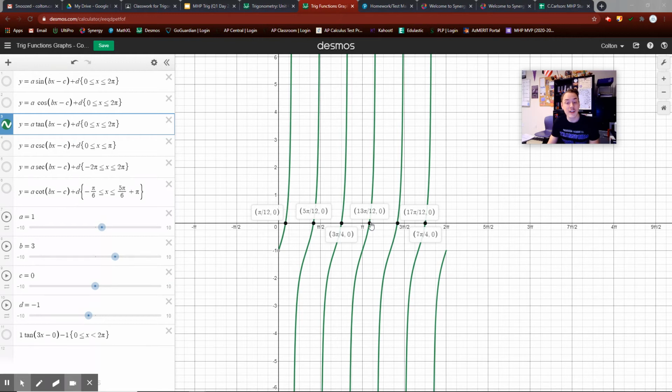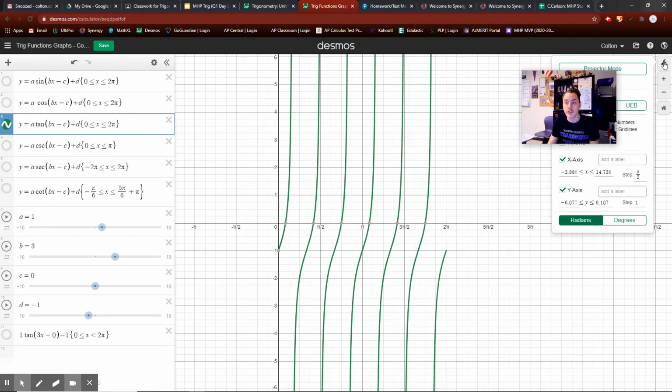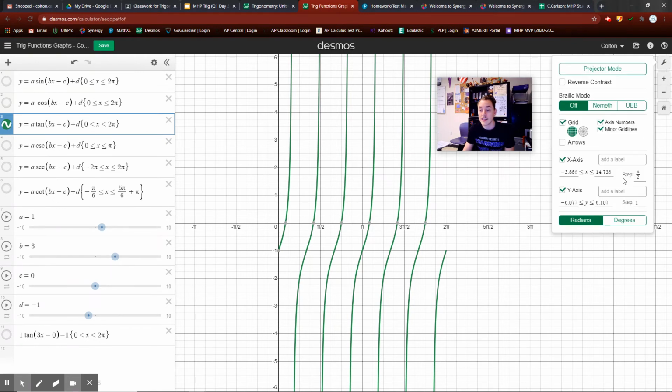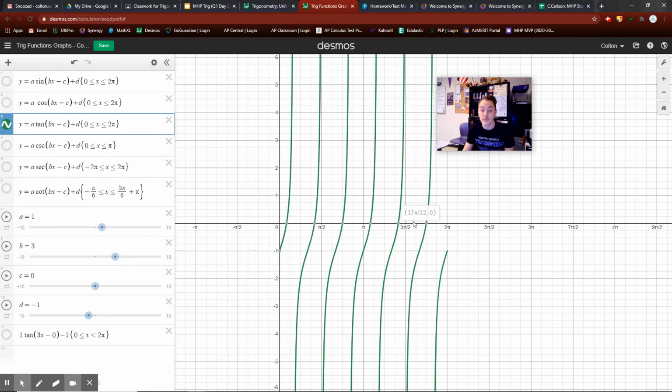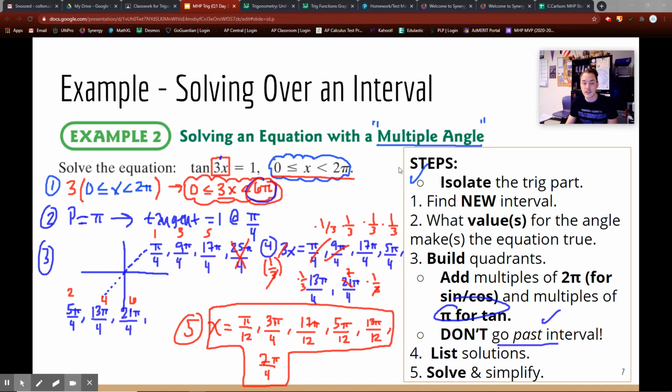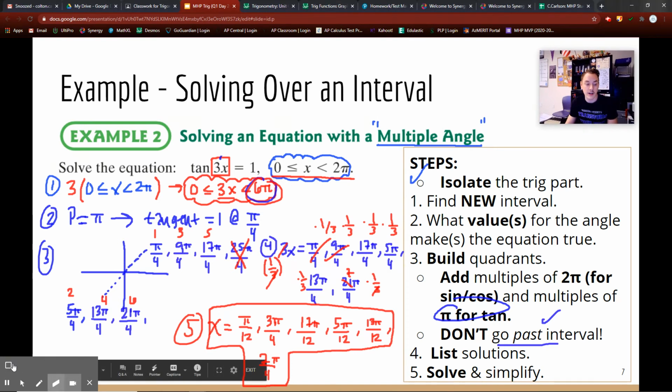But just in case, if you're like, I don't have this, remember you can always go to your settings here and you can always change your x-axis to be a step of pi over 2. That's how I can find those because I make sure that there are pi over 2 there. So make sure you change that and so you can get these values. Awesome. That's how you do it on Desmos, and we do get the exact same answer. I don't want to take any more time from that, so I'm going to erase this and we're going to get started on the next